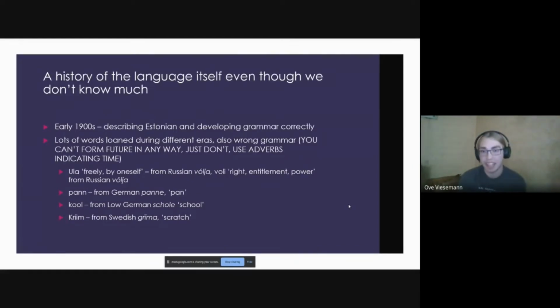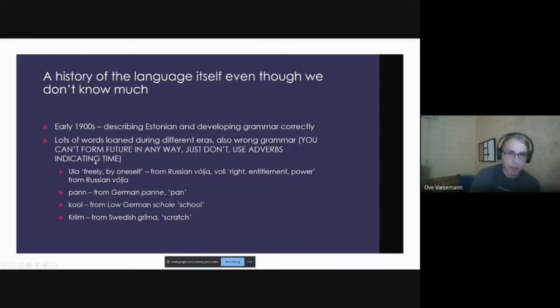And one thing that is still mistaken by even native Estonians is that you can't form future in any way. Just don't use adverbs indicating time. And sometimes Estonians try to form future by adding a verb some or hakkama, but that's just incorrect. Anyway,